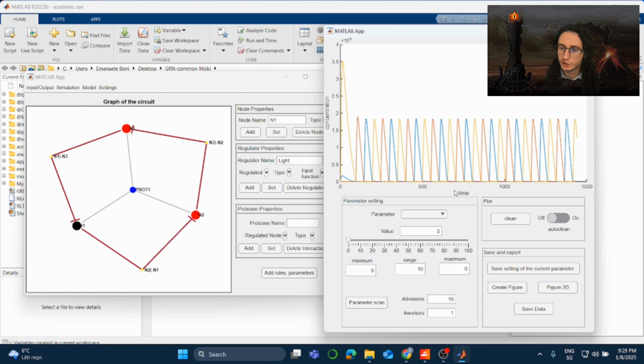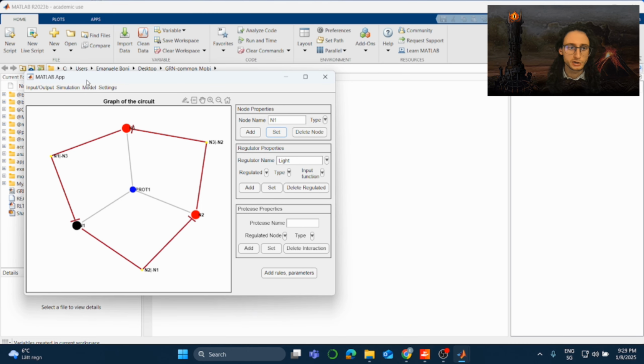In case you want to change the unit of time that is currently set in minutes, you will need to modify the node model code. Let's see some of the other features that allow users to customize their simulation. We go again on simulation settings,